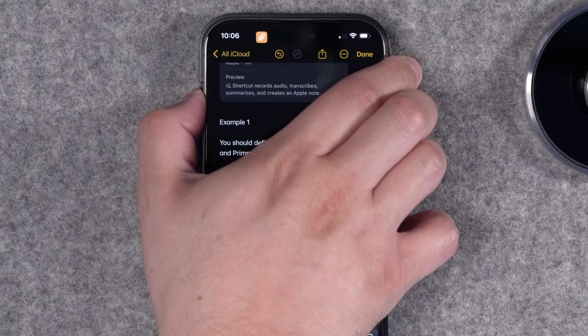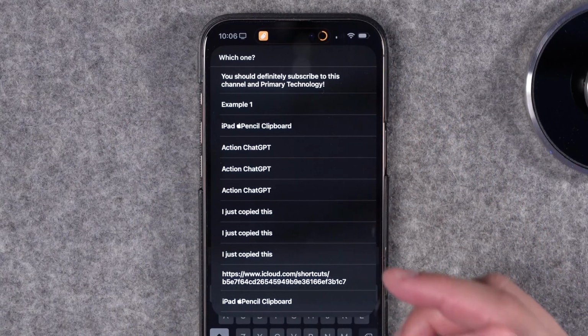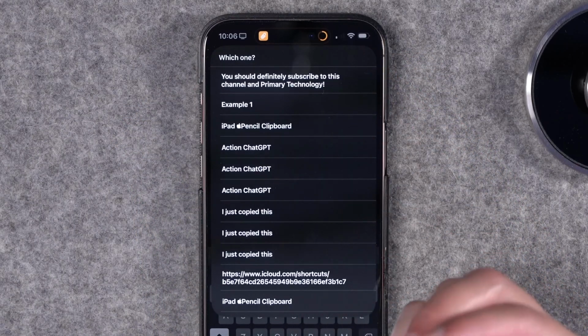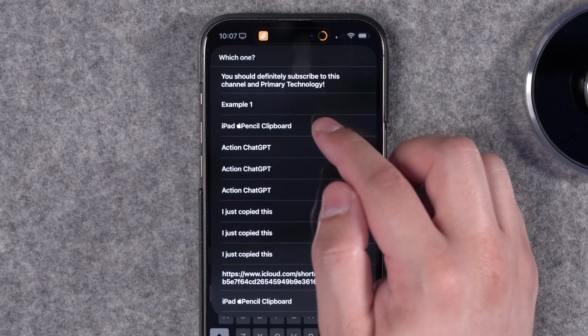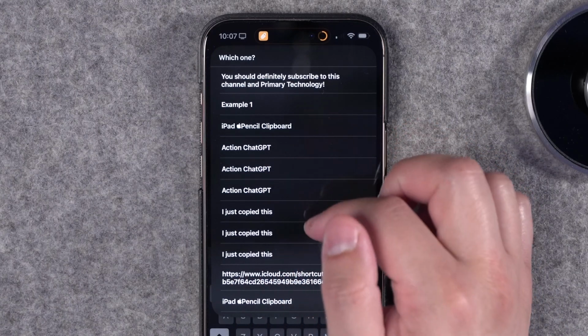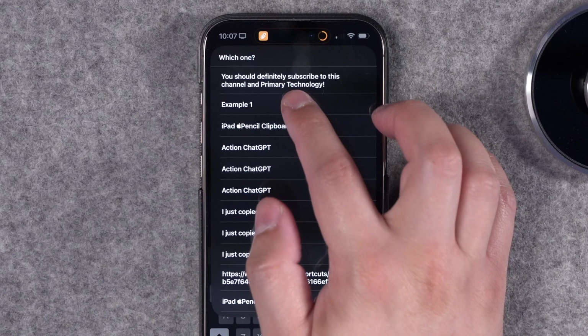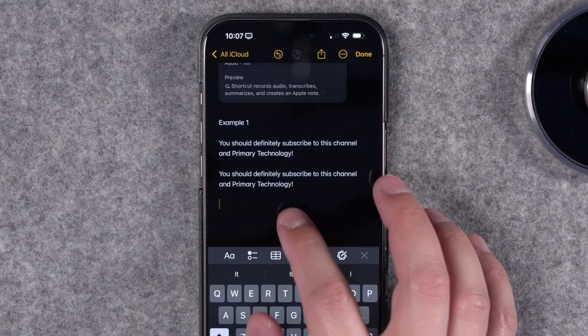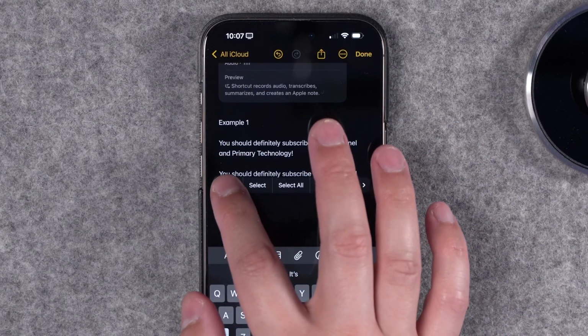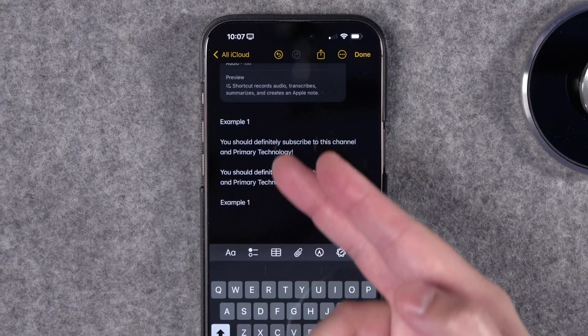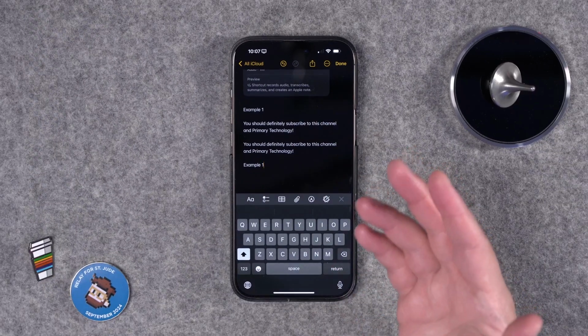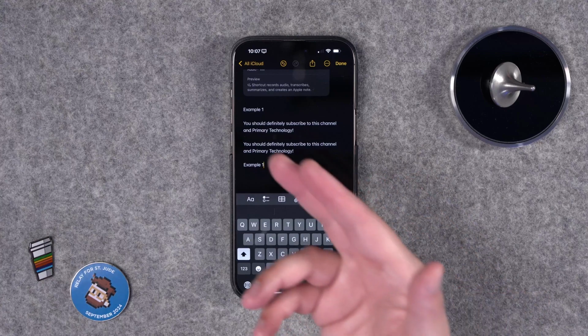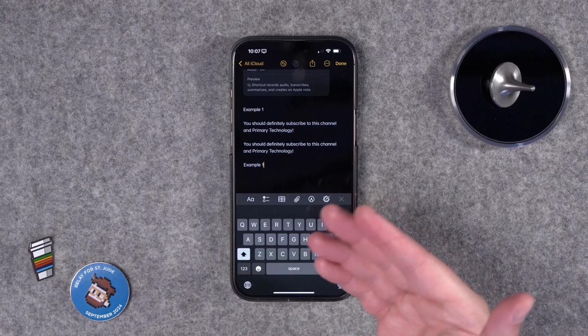Well, I can hit the action button again, and then I'm going to get a list of all the things that I've copied and pasted. So there's example 1, which I copied earlier, some other things I copied before, and I can choose what I want to put back on my clipboard, and then when I go to paste something in any app, it's going to use the clipping that I chose. And now you have a quasi Clipboard Manager right on your action button on your iPhone,